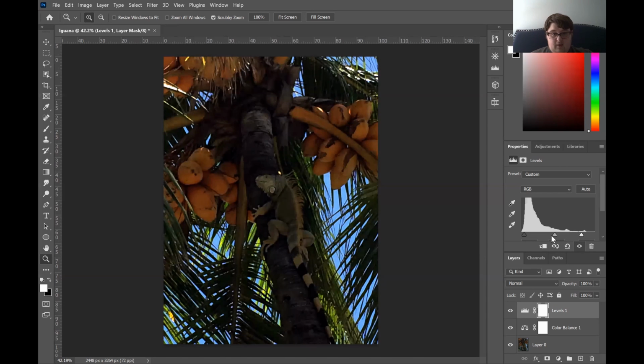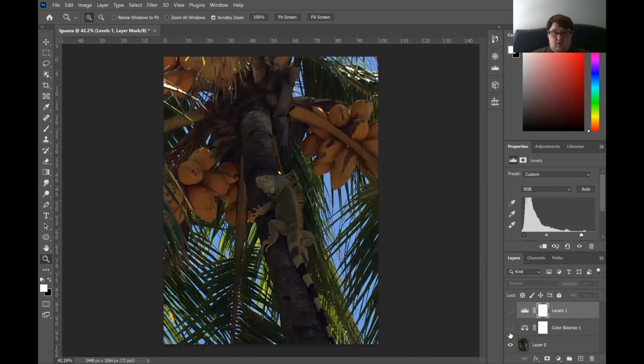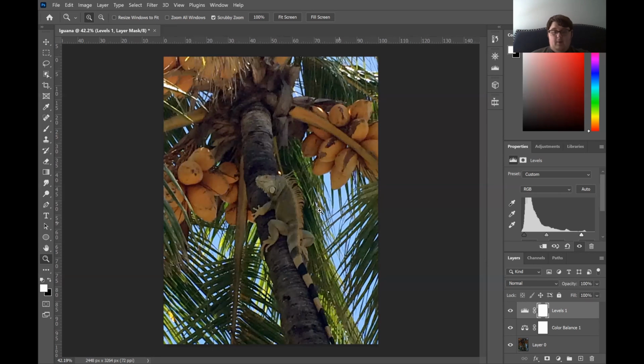Now we move it back, or maybe around there. There we go. Now we've got a nice brightened up image. I think it looks pretty nice to show off compared to the original. So if we were to take these off, here's the difference. Looks a lot better. And that should do it for my